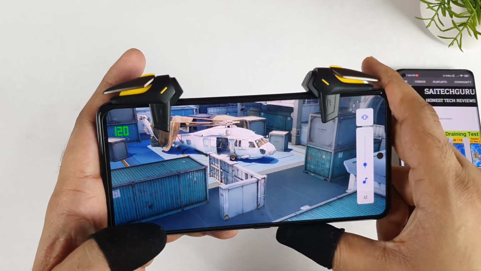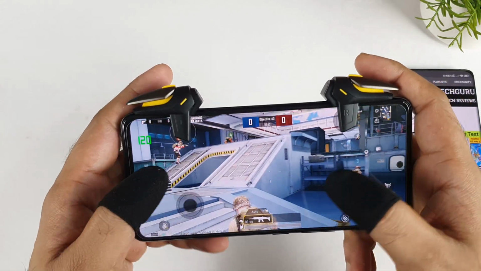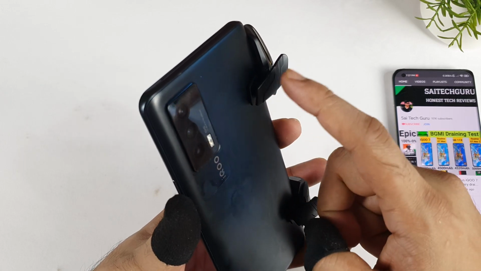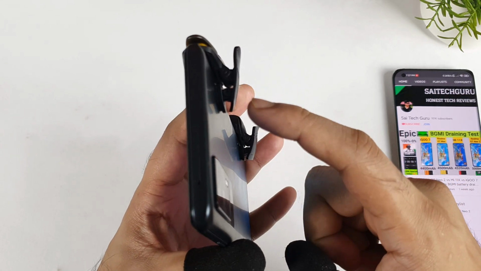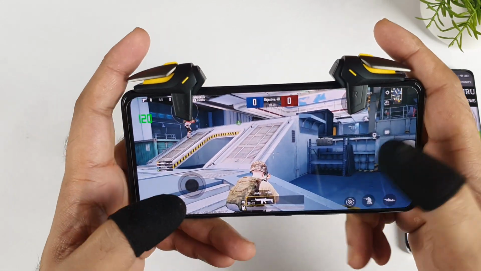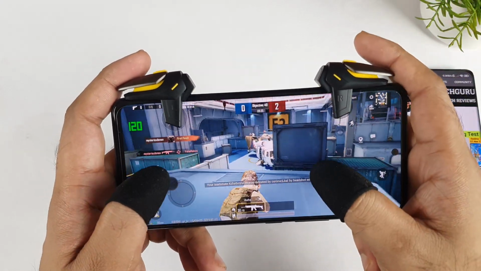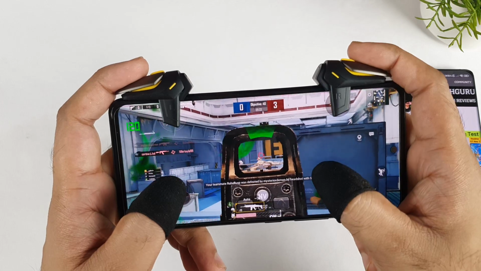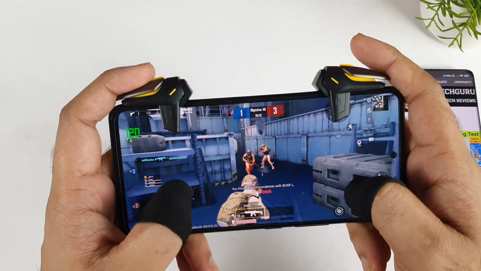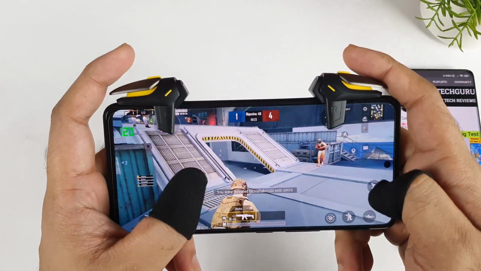Right now I'm trying to use the Realme gaming triggers on the top, if you notice. I purposely kept the triggers on one side, not on the camera side, because on this side they were able to stick properly. On the camera side, because of this bump, there is some inconsistency with the position. That's the reason I thought of using them on the downside. So this feels really good, with the haptic feedback, which feels fantastic without any kind of problem. That's the strongest haptic feedback I have felt so far.